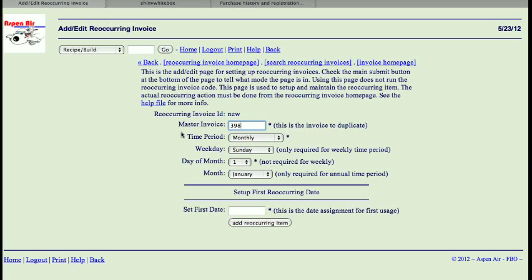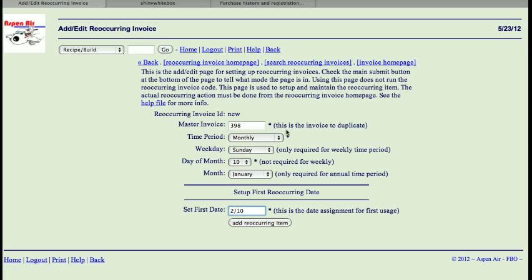Once you put in that invoice number, you can set your time period to monthly. You would set it to go off on the day of the 10th, and then if today was the 10th, we'll say today was January 10th, well, the next one we would want to do would be on February 10th. So you've already billed them once on this invoice for the day. You want to reoccur it now one month ahead of time. So you would set your monthly, set your date, and set your first day to reoccur,